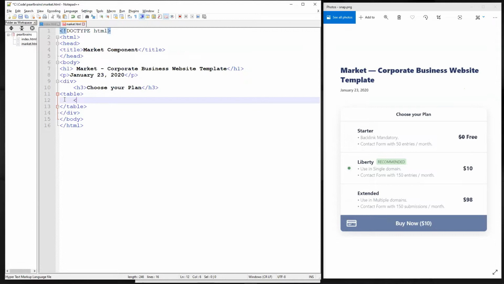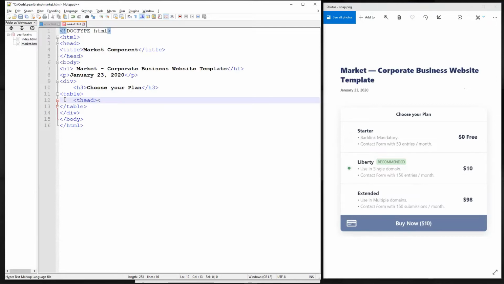Okay, then inside the table, like I said, for nested elements or child elements, we use indenting for readability purposes. So inside the table, since we have nested elements, we have T head,